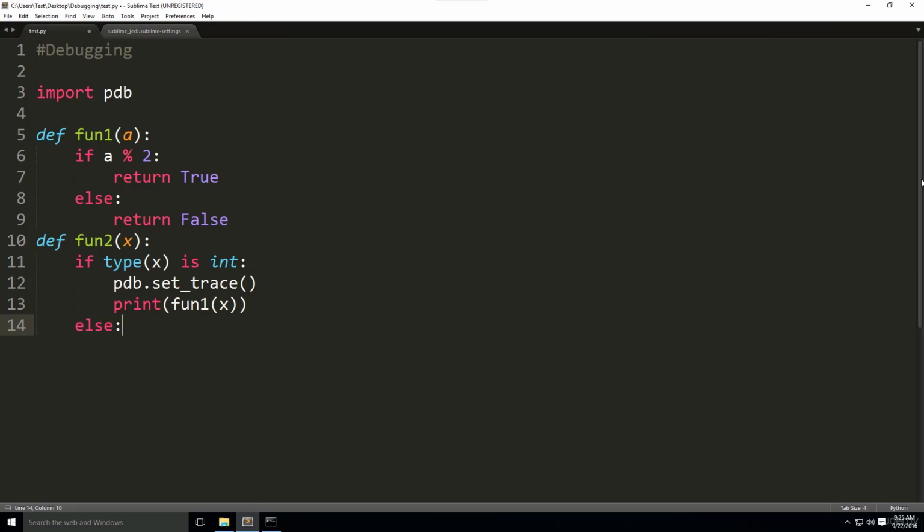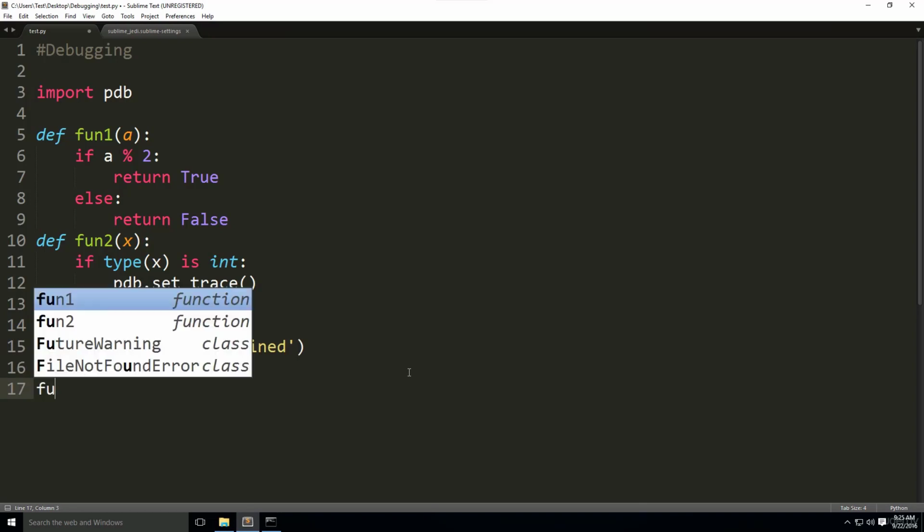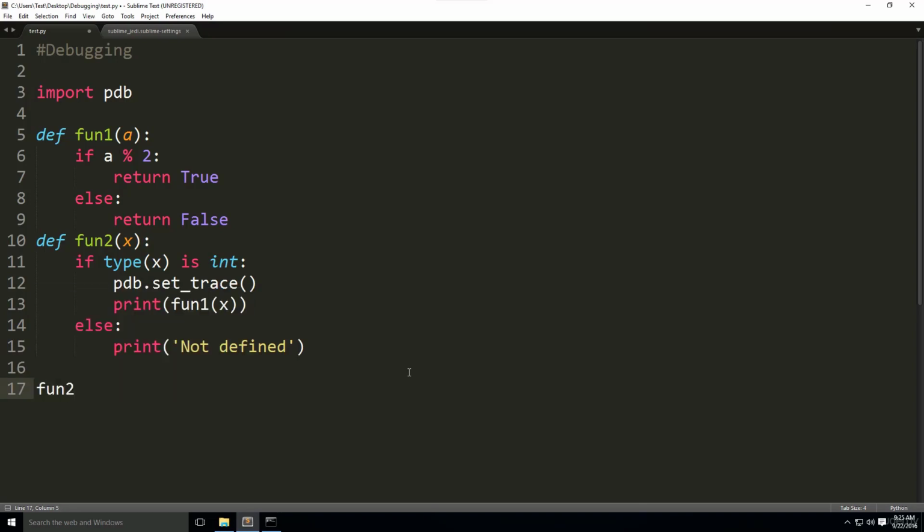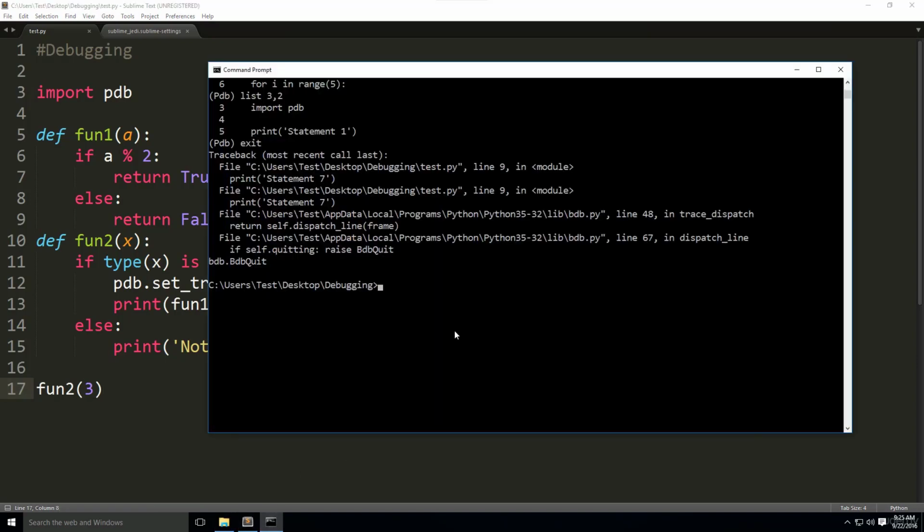So if not, we're just going to print not defined. Alright. And after that, we're going to call function 2 with argument 3. Alright, so we're going to now run this in our command prompt, so in the console. So we're going to do